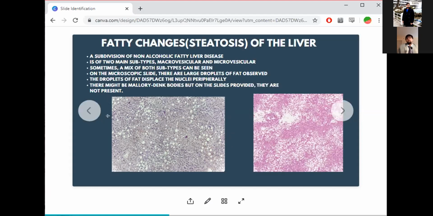So when you look at fatty changes, this is how you understand it. Even this, for example, this slide is a slide from an outside source. Now I know that this is fatty changes simply because I can see that there are a lot of white spaces here. I know that this area is relatively normal liver tissue. This is also relatively normal liver tissue, maybe a little disoriented, but that is fine.